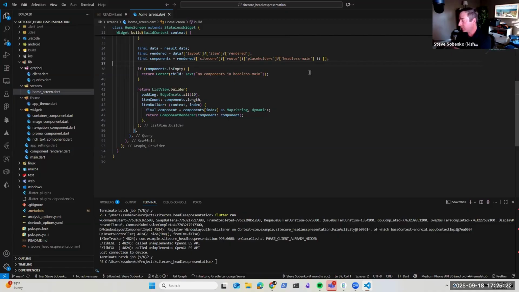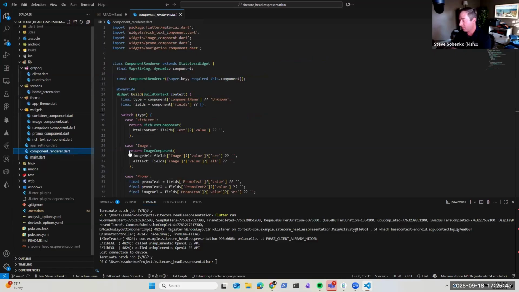So two things need to happen. One, I need to map all of the components that are registered in Sitecore, like my hero and my content and my header component, to a component within my library, and then build out that nested structure here. So very simply, I'm listing out all of the components that come back and then passing it to my component renderer, which is our mapper.